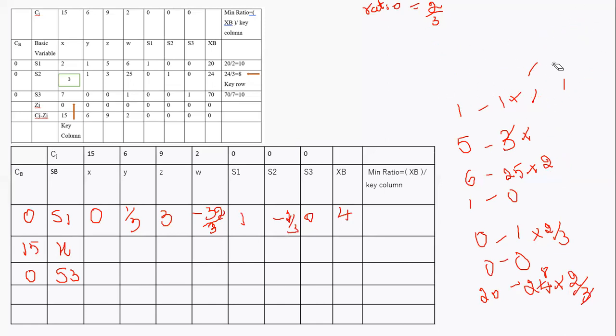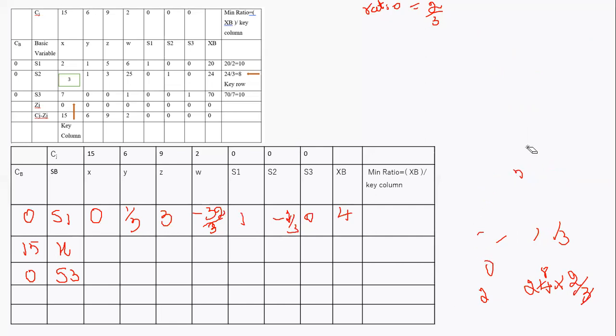So now the key number, let us keep that. Afterwards we shall make it as 1, and below the 3 we have got another number 7. We need to make this 7 also equal to 0, because in the key column, except the key number, all the numbers should be made 0. So next again we need to make this 7 as 0. Therefore the ratio will be 7/3. That is the number to be made 0 divided by the key number. Therefore that will be 7/3.